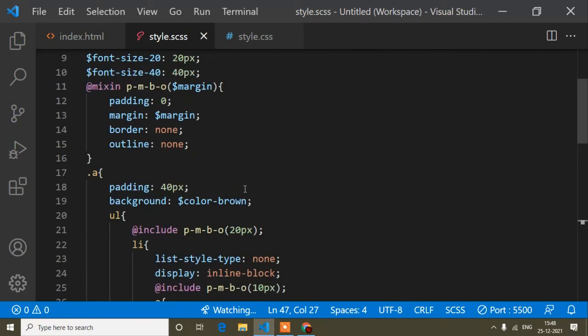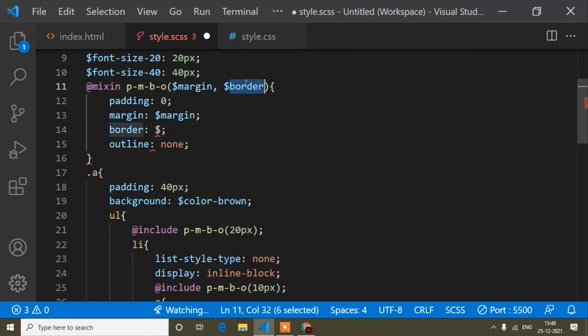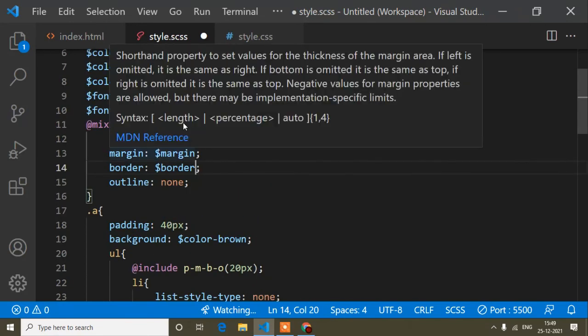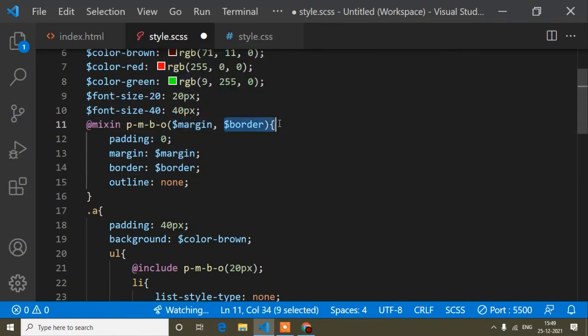And for this parameter, one more thing you have to notice. Suppose you want a border of 1 pixel like this. Here you can pass another parameter using a comma separator and write border. So instead of the border value, you just write this border variable. The first parameter is margin, the second parameter is border.